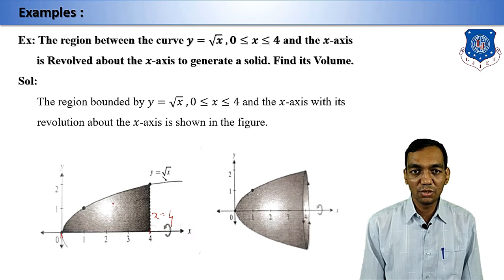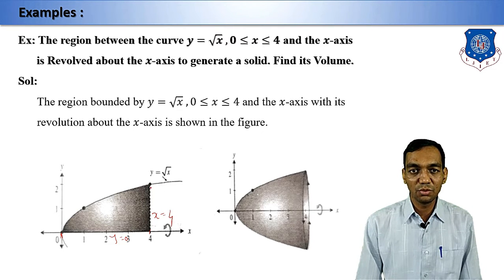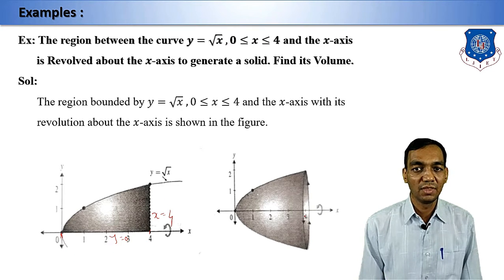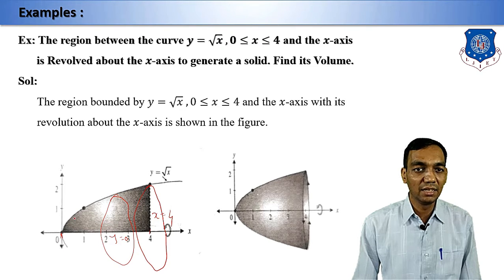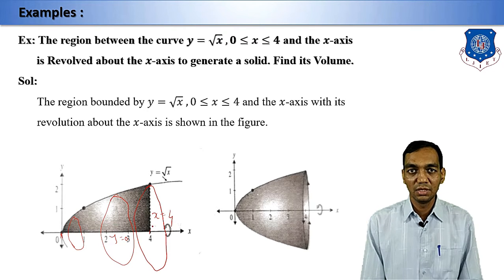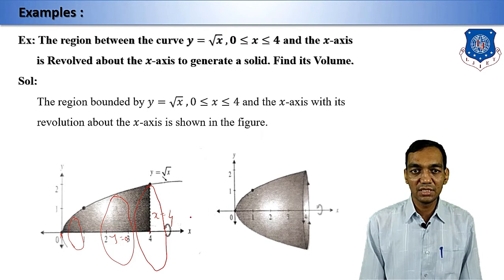Now this area is bounded by the x-axis, that means the y is equal to 0 line, y is equal to root x, x is equal to 0 and x is equal to 4. This area is going to be rotated along the x-axis. That means you are going to rotate this along the x-axis. Then for each point, we have a volume like this one. Correct? Then you will have a circle like this at each point. And whatever the area you get, that is the volume of revolution. So if you are going to consider, then this is the rotation about the x-axis, correct?